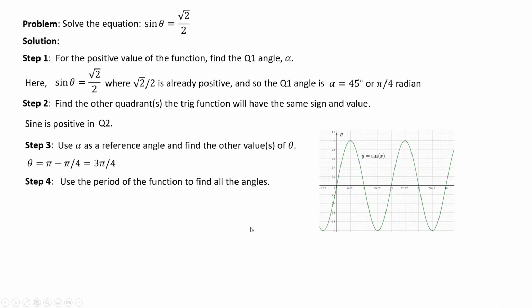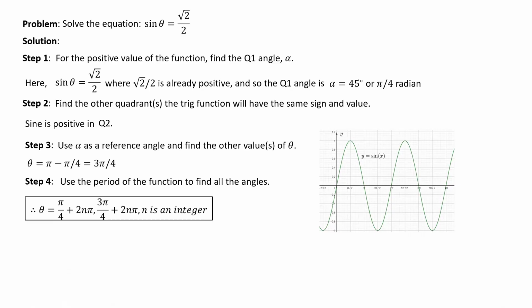Why do we need that? We're going to use that to figure out the remaining angles of theta. Having gotten theta to be pi fourths, now we need to add plus 2n pi. What? 2n pi? What's up? Yeah, because,